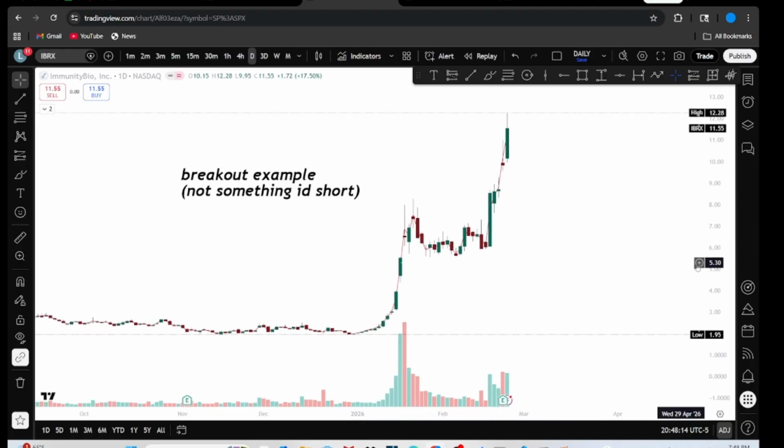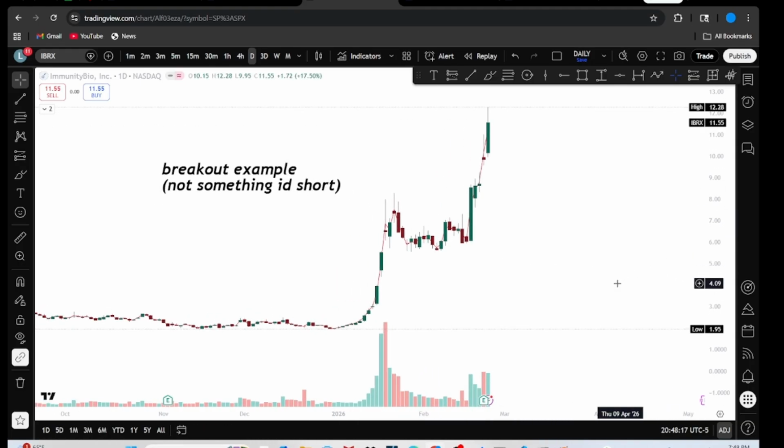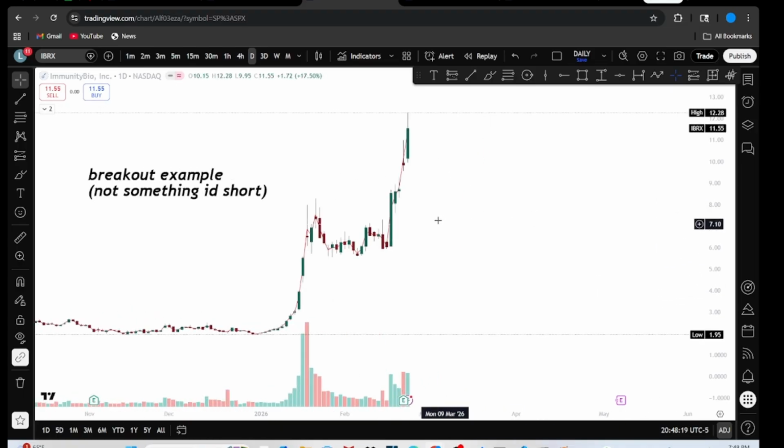And then also, like I said, the chart is not everything. If you understand the story behind the stock, you know that IBRX has a lot of retail interest in it. What do I mean by that? If you remember GameStop back from 2021, people were obsessed with that thing. People were extremely hyped up about it. You had all these online communities just ranting about it. And there's a very similar community for this kind of stock right here, IBRX.